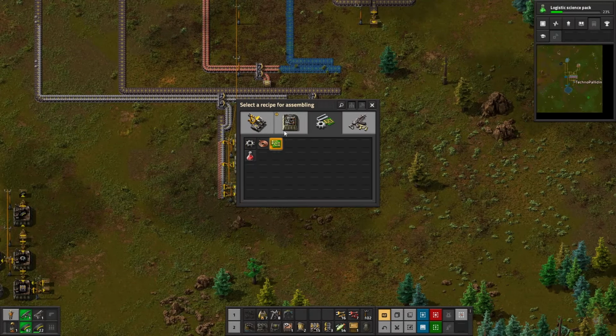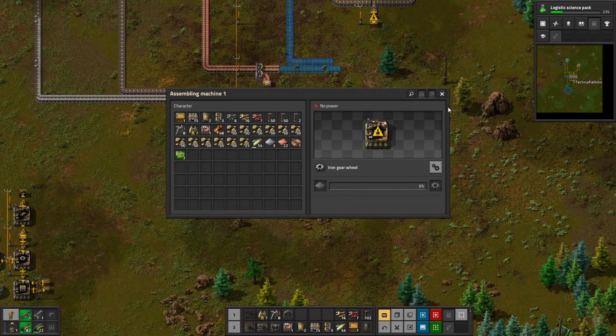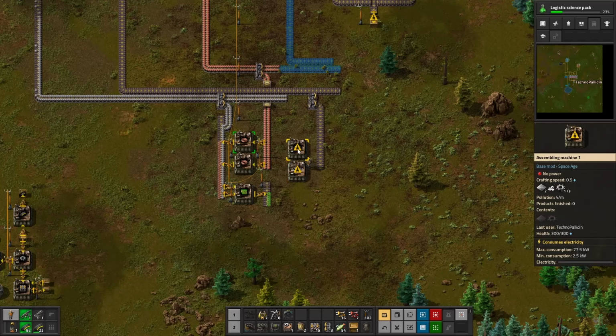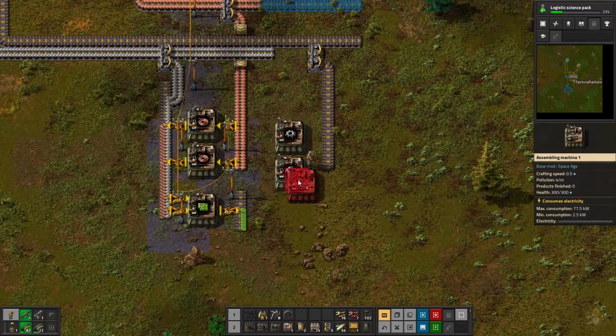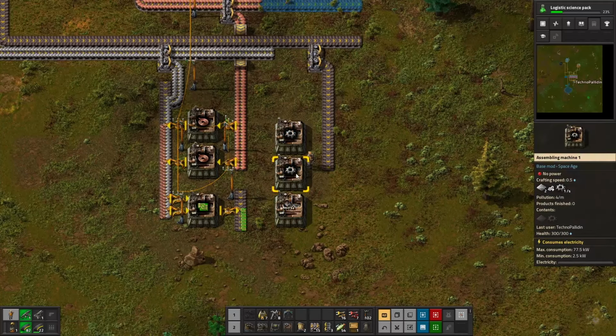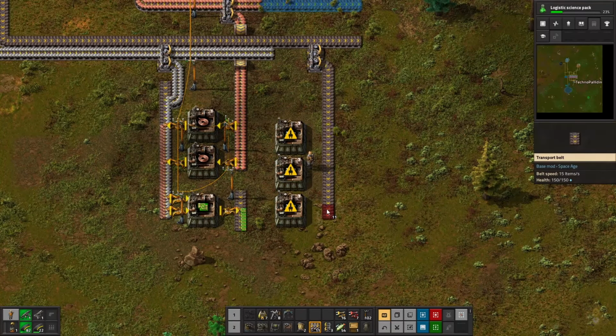How fast do gears get made? 2 iron plates in half a second. So it's going to eat up a lot pretty quick. So let's do this. Let's just come down here. We're going to create